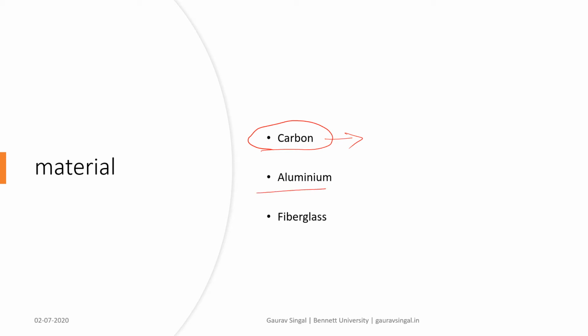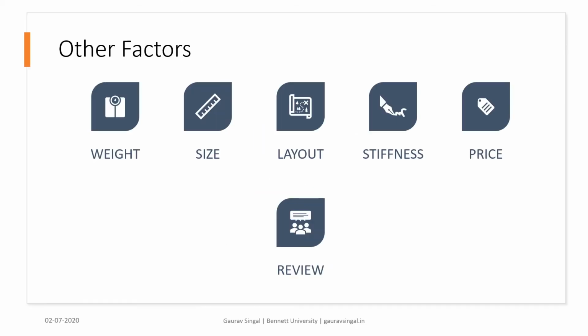Then you can see we have aluminum and fiberglass. Some people use them because sometimes they need to fly above fire and similar conditions, where aluminum may be suitable. But again, there are other issues with an aluminum structure drone. And there are other factors too for deciding which kind of frame is suitable.